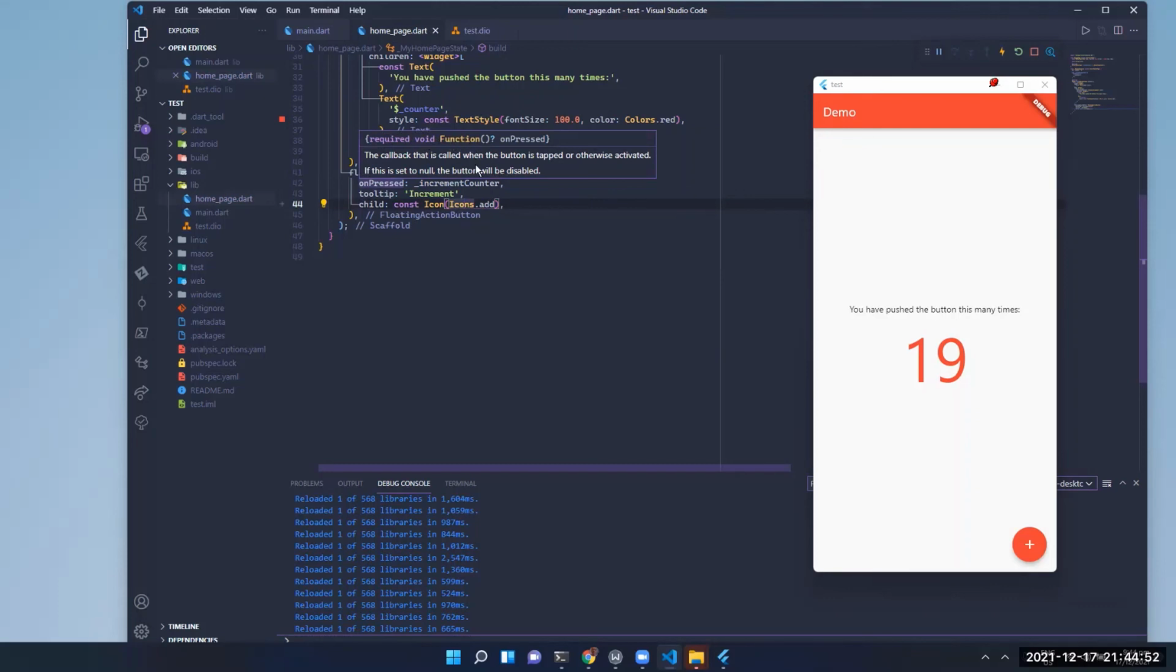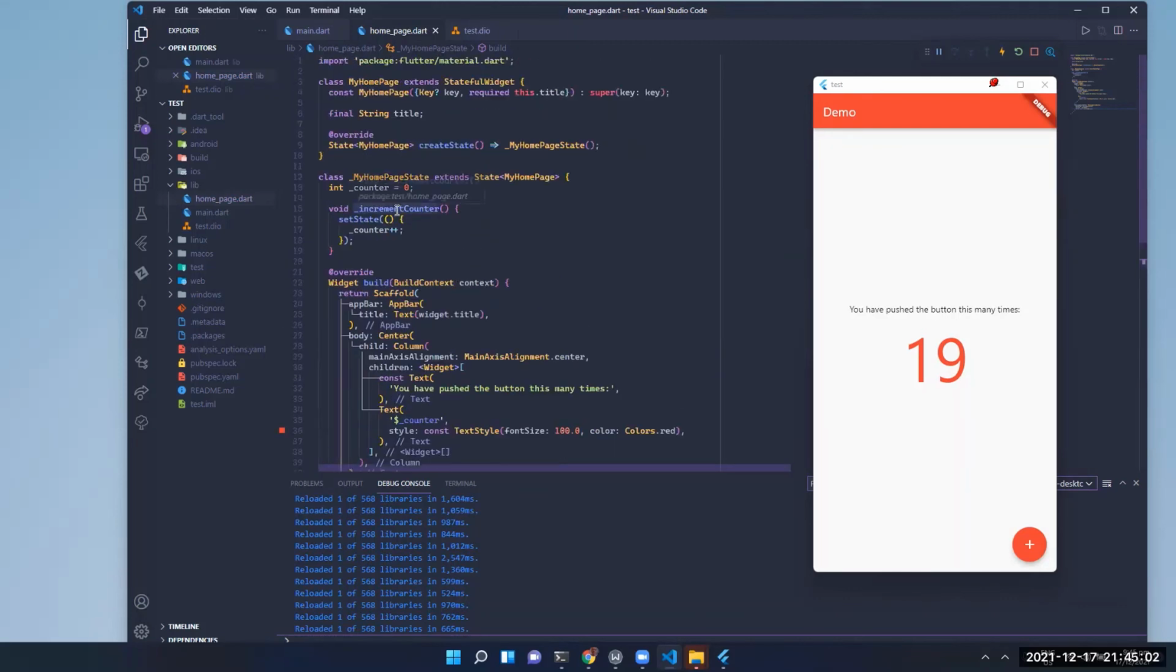So this is a function that will get called when you press the button. So now we are saying when you press the button, you should call this increment counter function. Remember, this is the increment counter function. This is the implementation. So it's in here that we're incrementing the counter and we're calling set state. Remember, if you don't call set state, the counter is going to get incremented, but it's not going to reflect